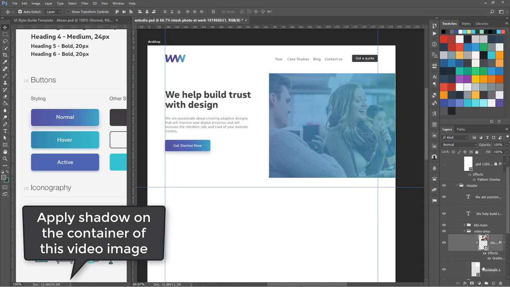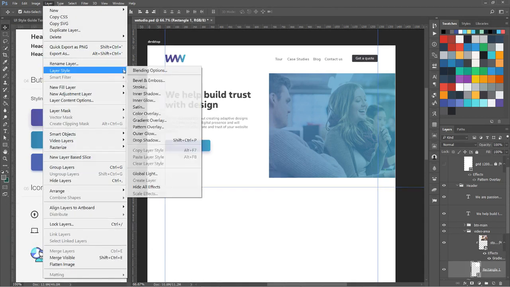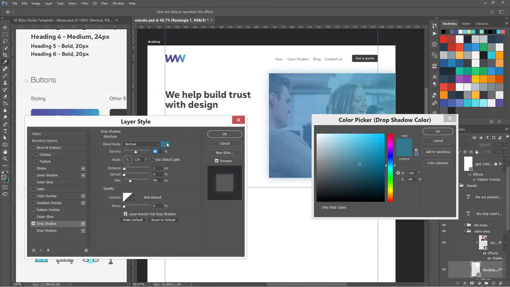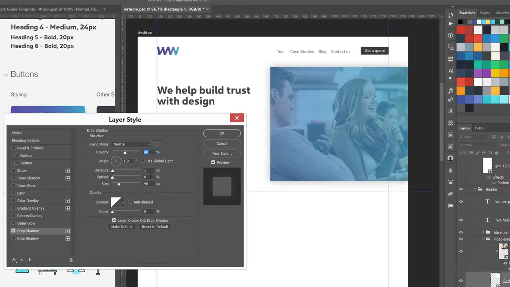Okay, so I'm going to add shadow on this rectangle. So go to layer styles and drop shadow. Okay, so I have this shadow. You can use any color for this shadow, or maybe some darker color randomly from here. Okay, so I'm going to use this color right now, and size I am going to use 10, move it